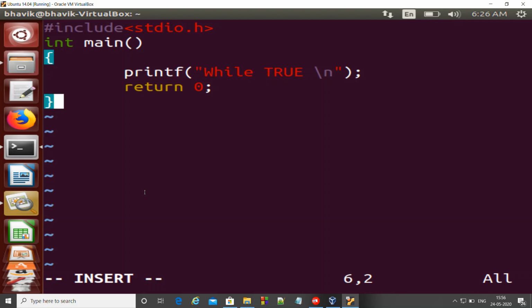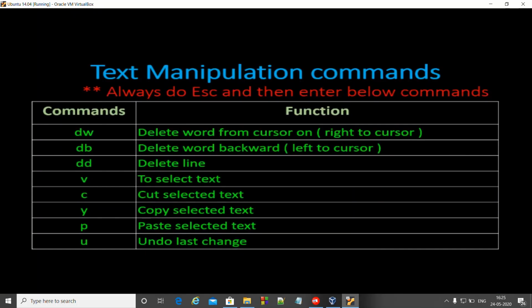These are the text manipulation commands that we will be using in Vim editor: dw, db, dd, v to select the text, c to cut the text, y to copy the selected text, p to paste, u to undo.